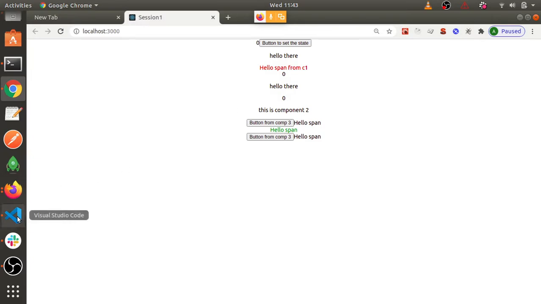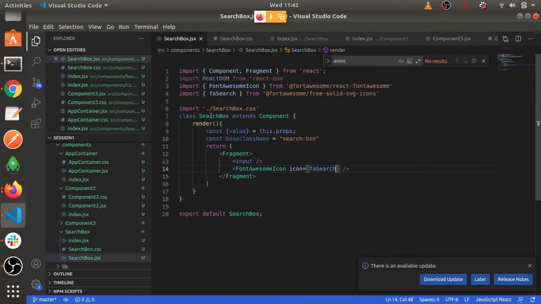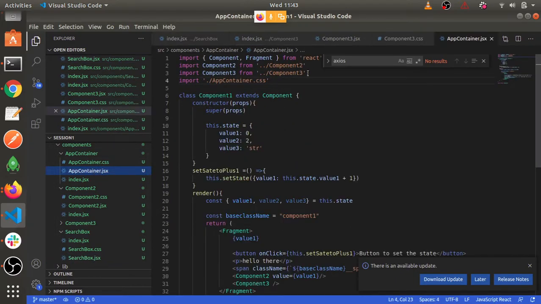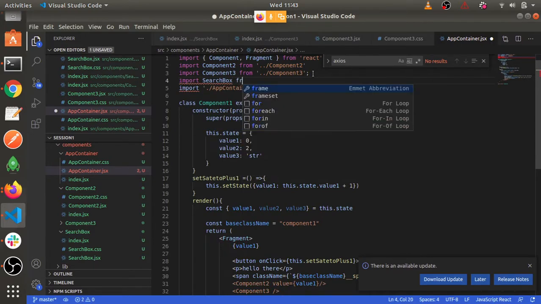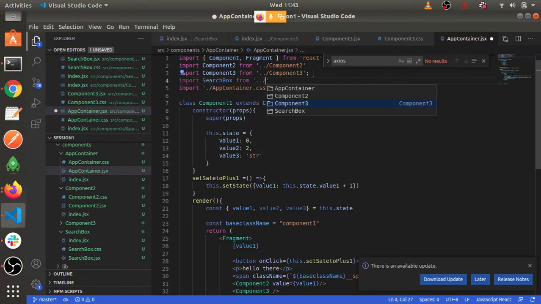So we have still not imported it, so we won't be able to see anything. So second thing, we need to import in the app container. So I will import it here, import from, you can see I'm giving the path only to the folder, right?